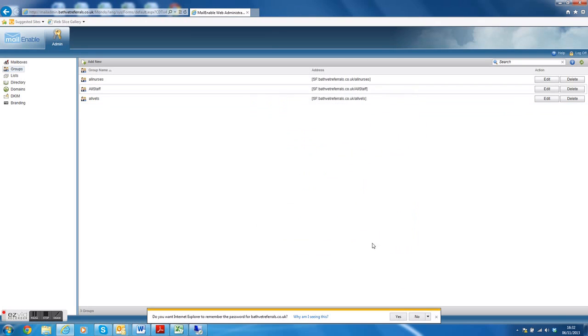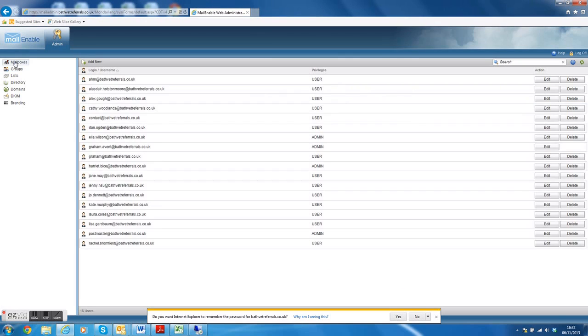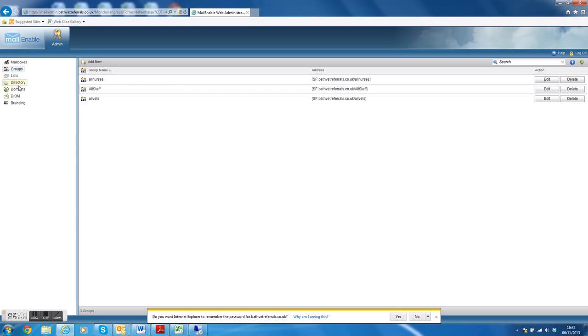And that is how you add a group, and that's how you add mail addresses. As you can see, there are other things that you can do within Mail Admin, but that gives you pretty much a beginner's insight into how you